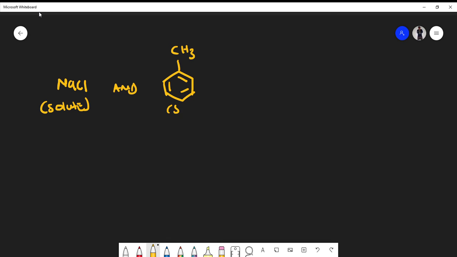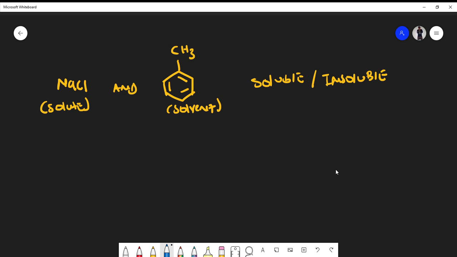This is our solvent. The question is, is it soluble? Would these be soluble or insoluble, right? And tell me why. Well,